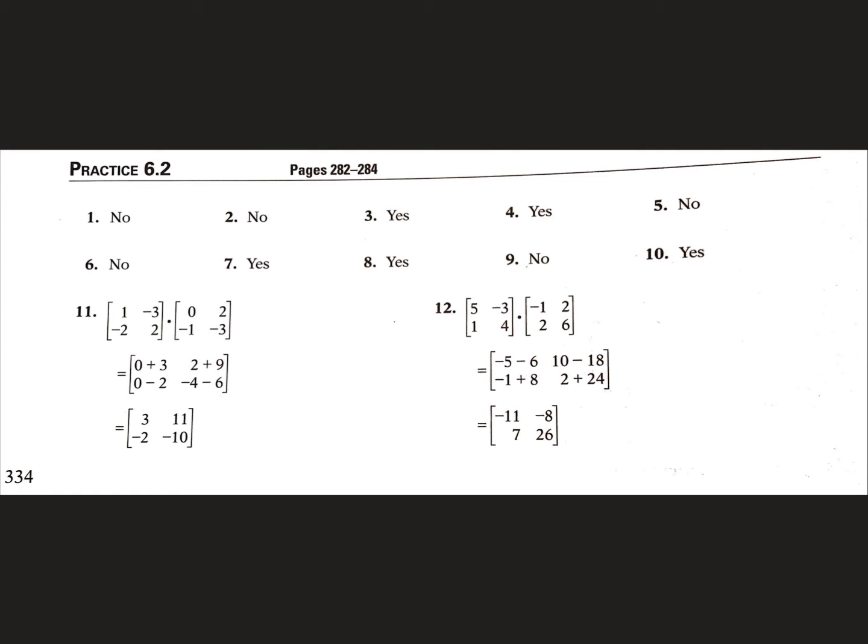All right, so these are the answers for your assignment for 6.2. You should have uploaded this already. So let's go over these together really quick. So number 1 is no, 2 is no, 3 is yes, 4 is yes, 5 is no, 6 is no, 7 is yes, 8 is yes, 9 is no, and 10 is